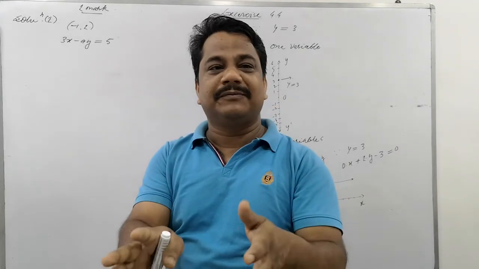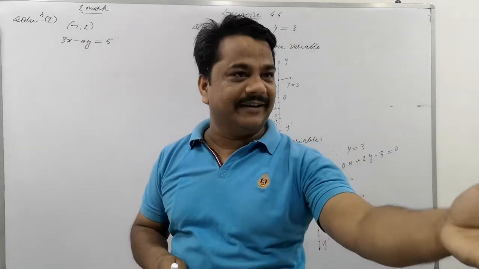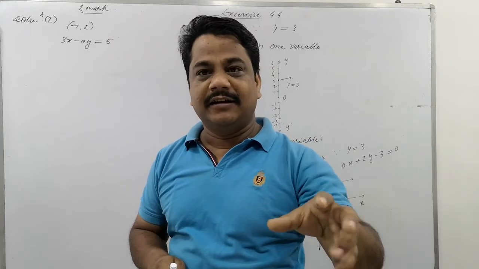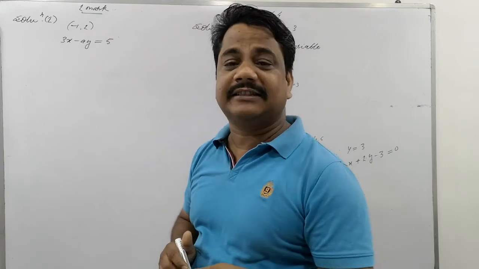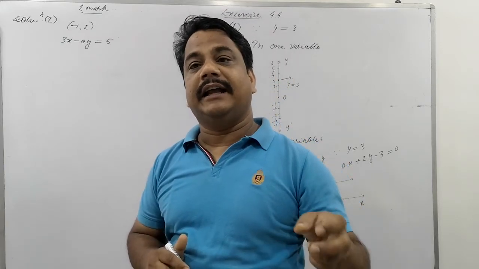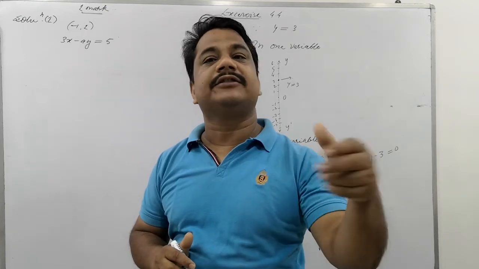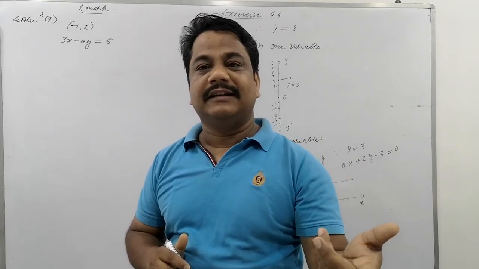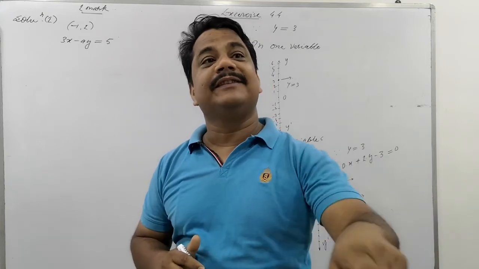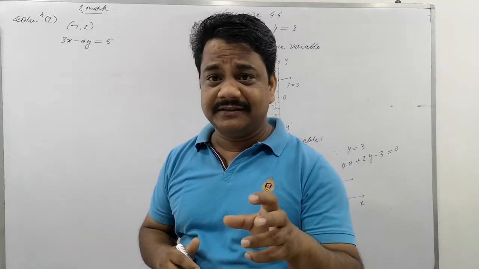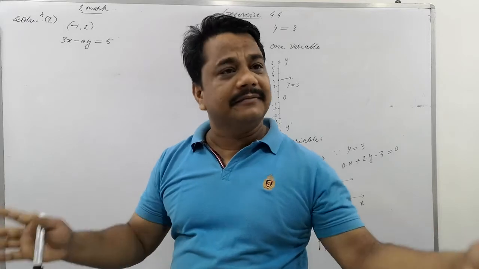If we substitute this value into the left side of the equation, then the right side will come. But here the unknown term is a, so the unknown term will come here. This is called satisfaction. Any coordinate that is a solution of an equation, on substituting the values of x and y in that equation, will satisfy it. The meaning of satisfaction is that the right and left terms will be equal.